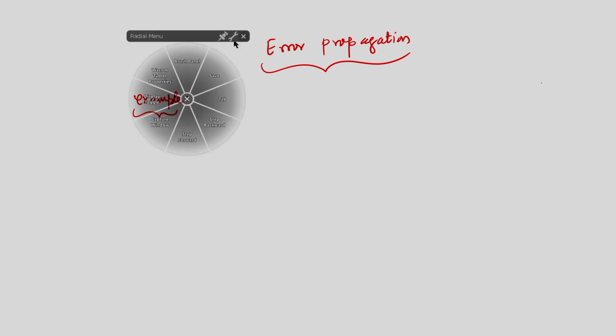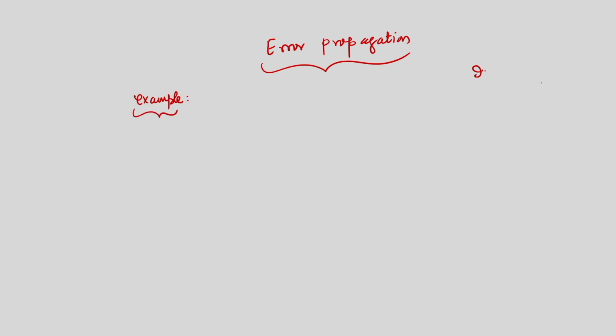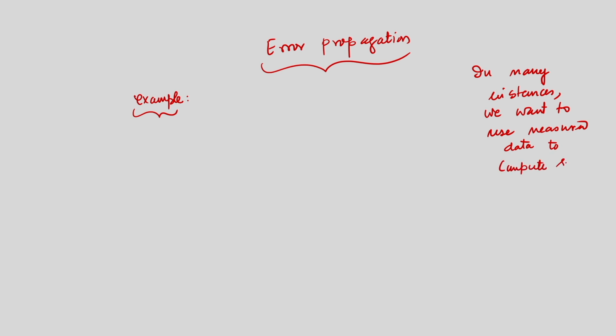what I have written is that in many instances we want to use measured data to compute something else.